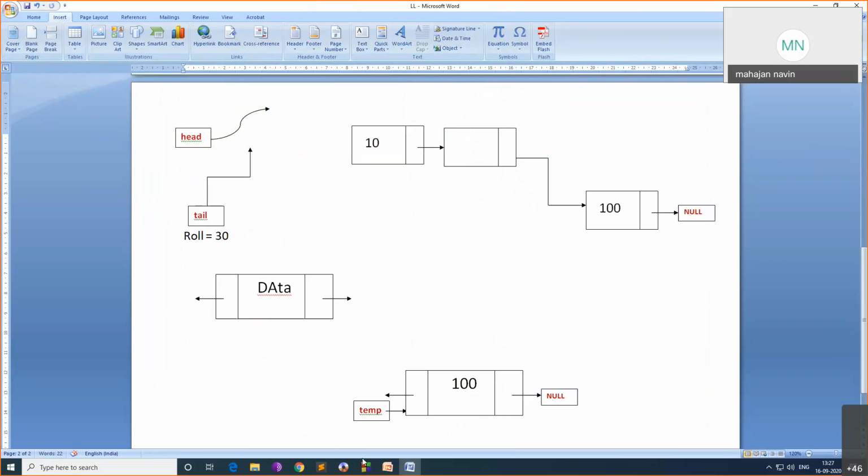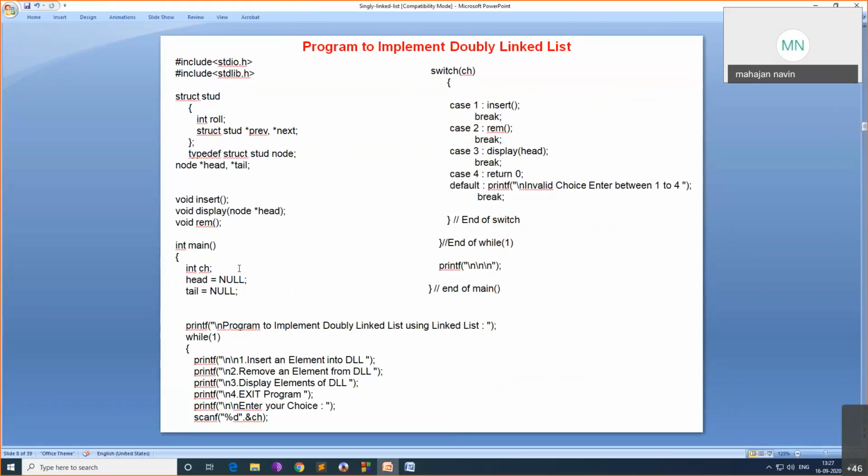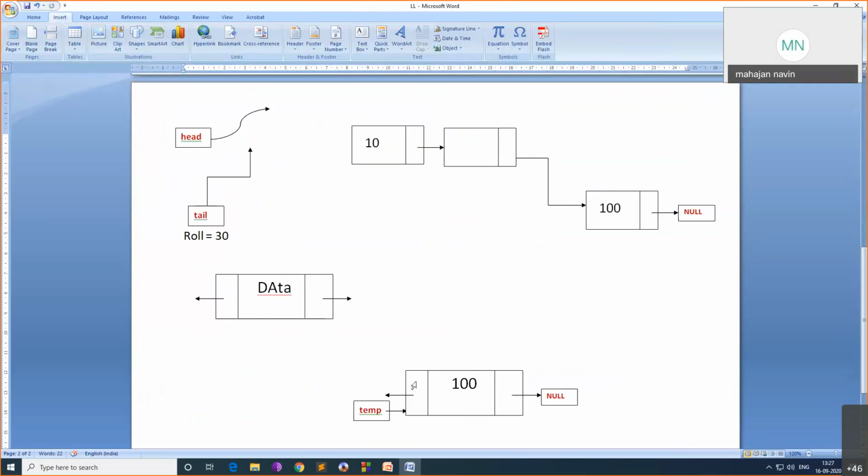You can see in our program, maybe here, we'll take it here. Okay, linked list, head equal to null and tail equal to null, isn't it? So initially head is null. So the first time I have inserted one node, then what will I do? Temp of previous equal to null. This is temp.